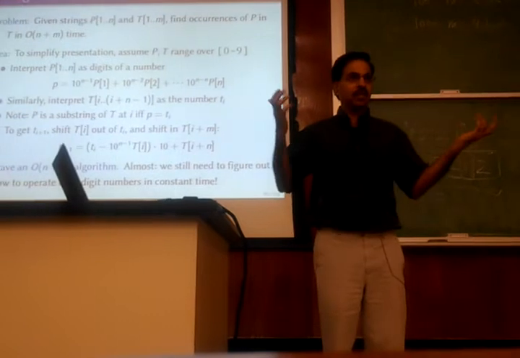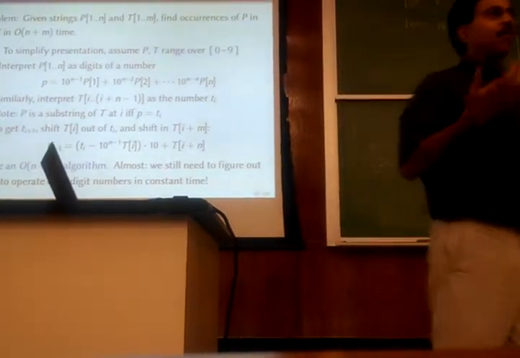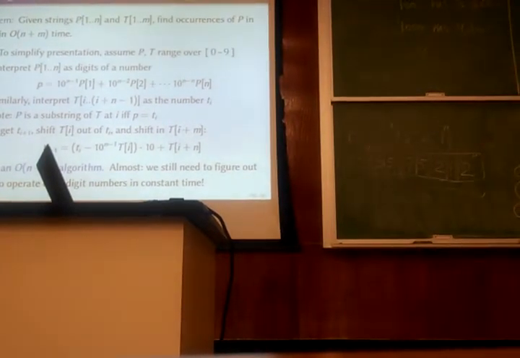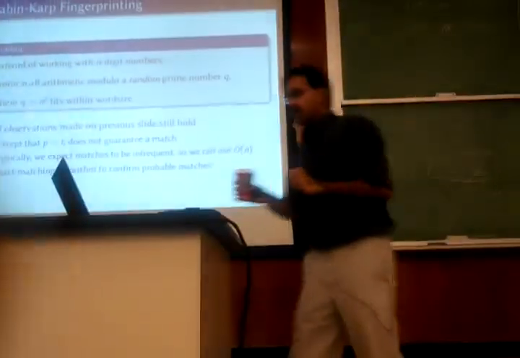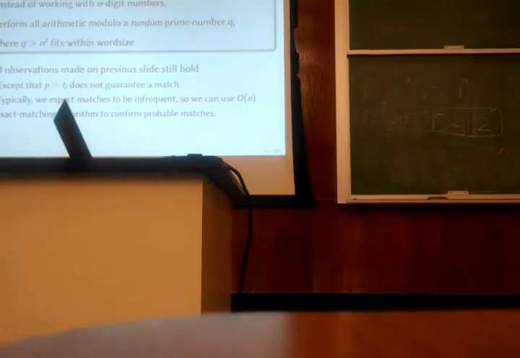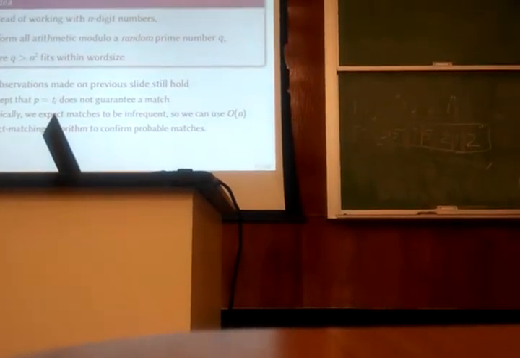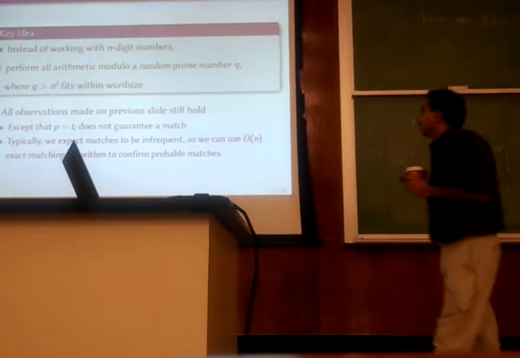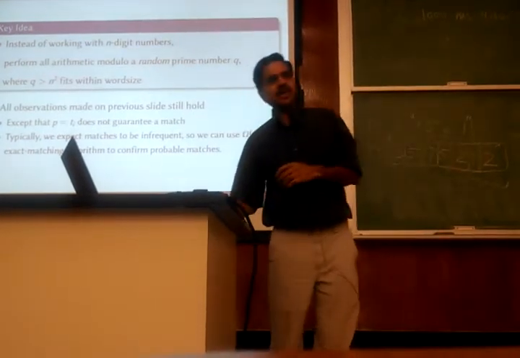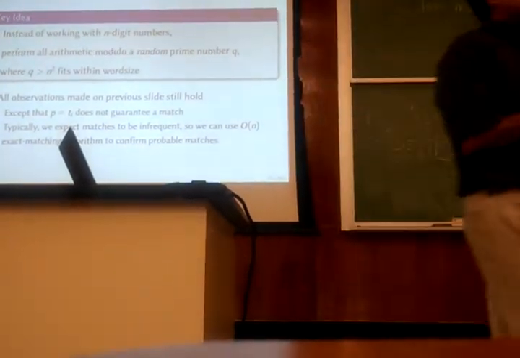So 32 to 64 seems like a reasonable number. 4 to 8 doesn't look like a reasonable number, right? So what can we do? That brings us to this technique called Rabin-Karp fingerprinting, where we do exactly the same thing, except that because we